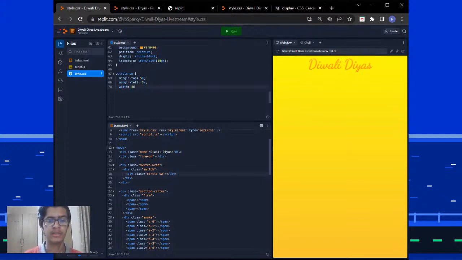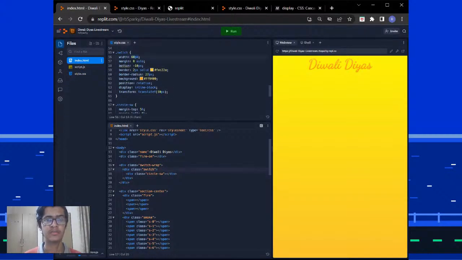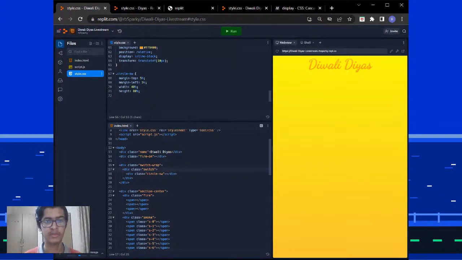And if you're wondering, why am I writing 40% now instead of the pixel values, instead of being exact like I was being in its parent class? So the thing is, if you're writing in percentage, what it is essentially is the percentage of the amount of its parent class. So if you've already defined a pixel value in the parent class, if you define the width to be 40% in its child class, that is the circle class, then CSS will automatically understand what you're trying to do. Border radius 50%,